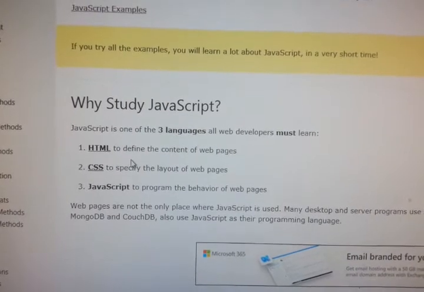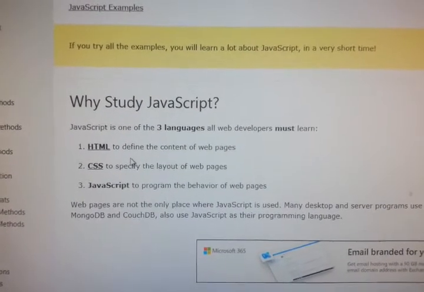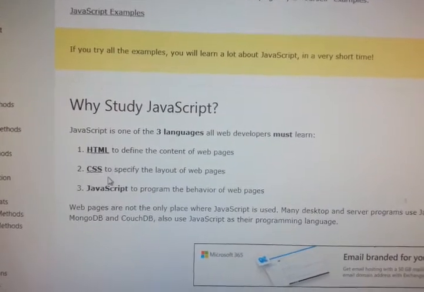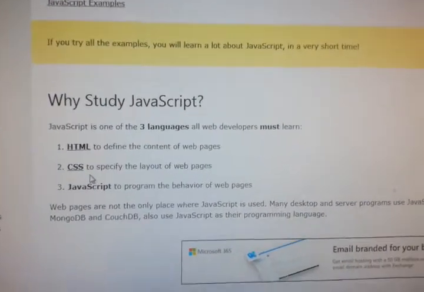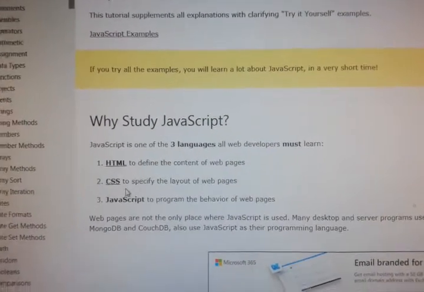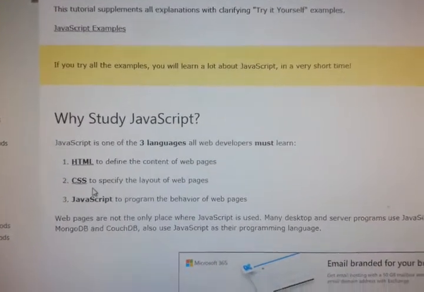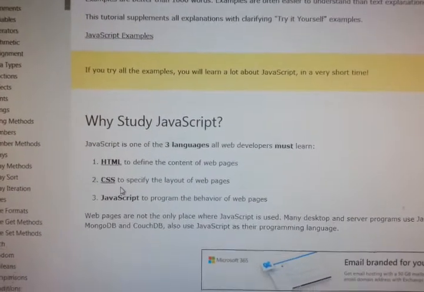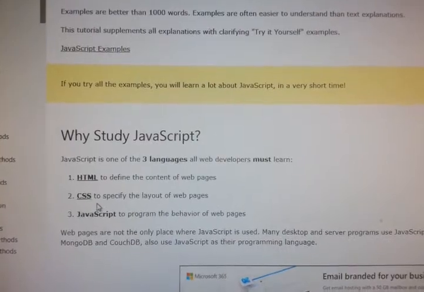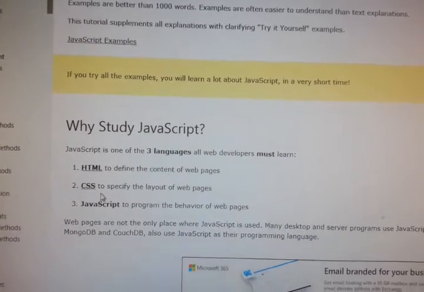Already we have seen HTML, all the tags, all the attributes, in the earlier videos, and we have seen the complete tutorial on CSS. And now we'll learn about JavaScript to program the behavior of a web page.